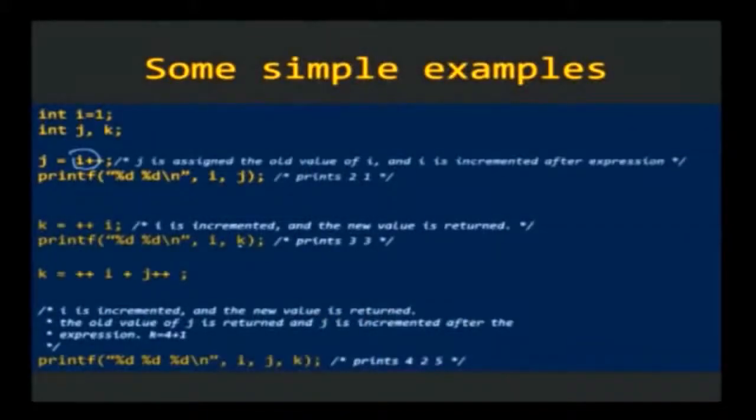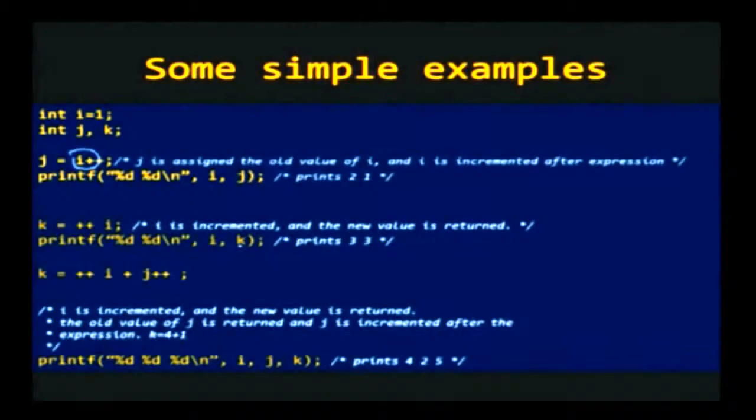Now, let us look at a slightly more complicated example. So, at this point, what do we have? We have i equal to 3 and j equal to 1 at this point, and then you say k = ++i + j++. Okay. So, take a minute and think about what will happen here. You pre-increment i. So, the value of this expression that is used to add will be 4, because the value of i will be incremented before it is used in the plus expression, whereas this is the post-increment expression.